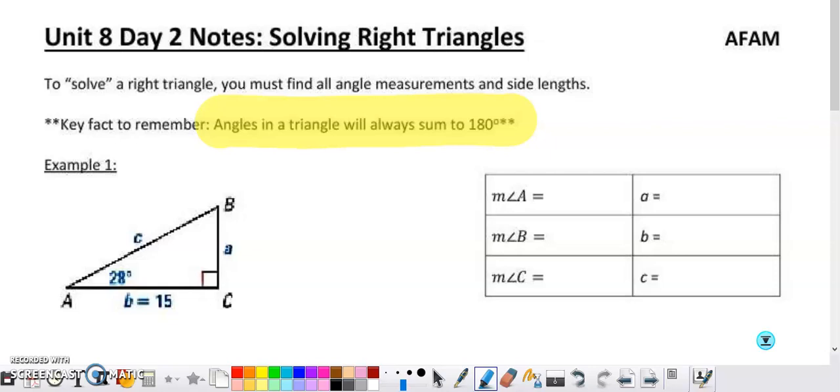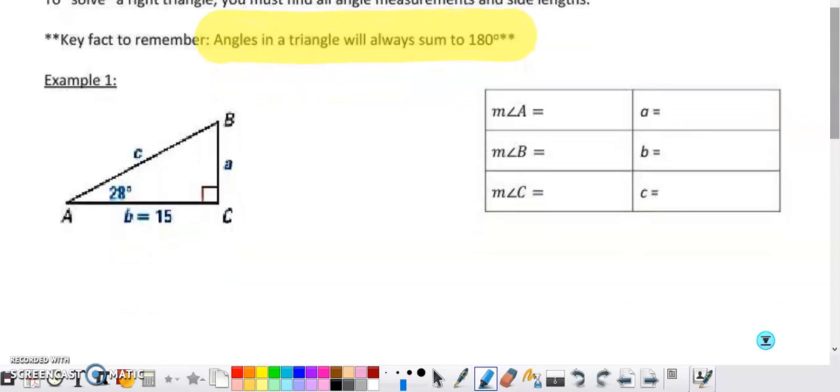So a couple of things to note about this first example. The first thing we want to note is how the picture's labeled. And I mean by the ABCs that you see around the edges. The capital letters A, B, and C are the angles, and it's not a coincidence that if you look opposite each angle, you're going to see the same lowercase letter on that side length. So angle A is opposite side length A, angle B is opposite side length B, and angle C is opposite